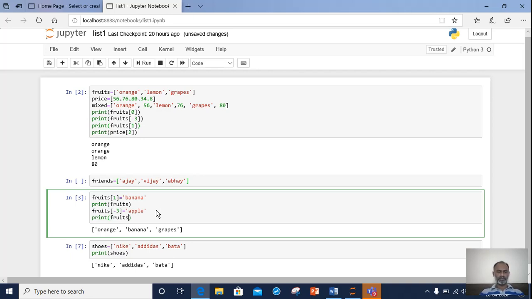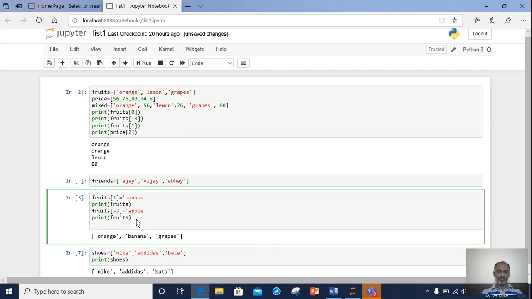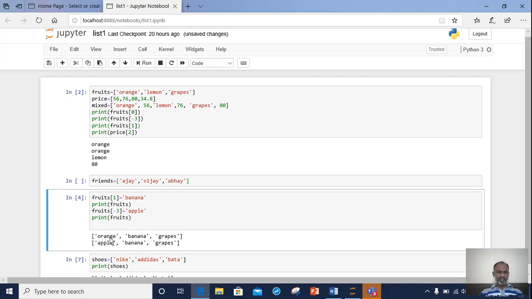Now I run this, Control Enter. Now orange, banana, grapes is the result of the first print fruits after replacing the second element with banana, and apple, banana, grapes is the result of this print fruits, because I have used reverse index -3 and stored the new value apple there.